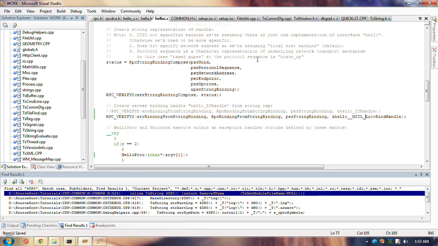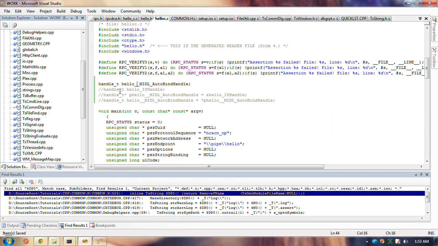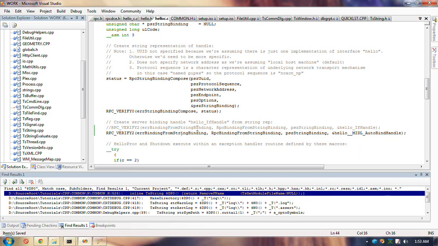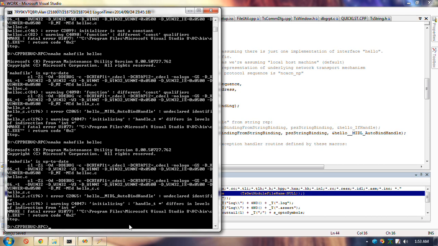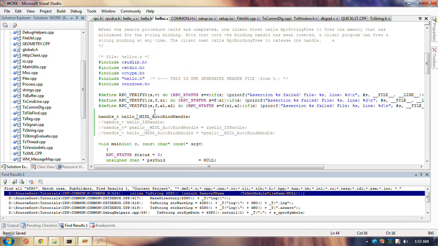It's not defined. What do you mean it's not defined? It's sitting right here, just like I had here. But now it won't compile. Hello and error undeclared identifier. Is it declared or not?